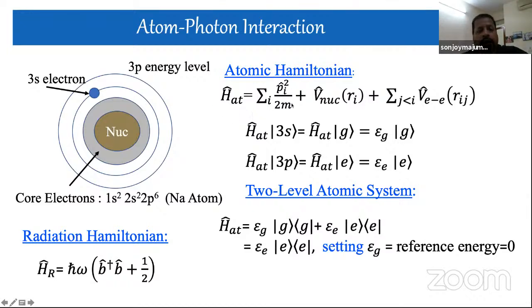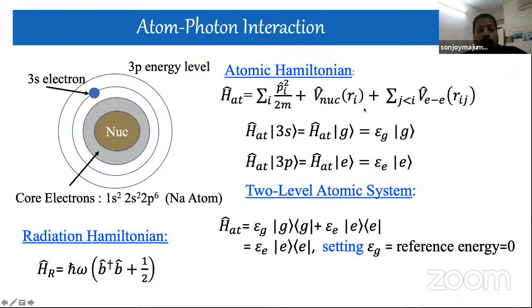If you write the atomic Hamiltonian, you can write it easily: there will be the kinetic energy terms for the summation of all the electrons, then the nuclear attractions, then something very important, the electron-electron interactions. So if you freeze all the electrons which are in the core, then you have a hydrogen-like atom. You have only one electron sitting outside of the frozen core, so you can think that this term is not present because you have only a single electron.